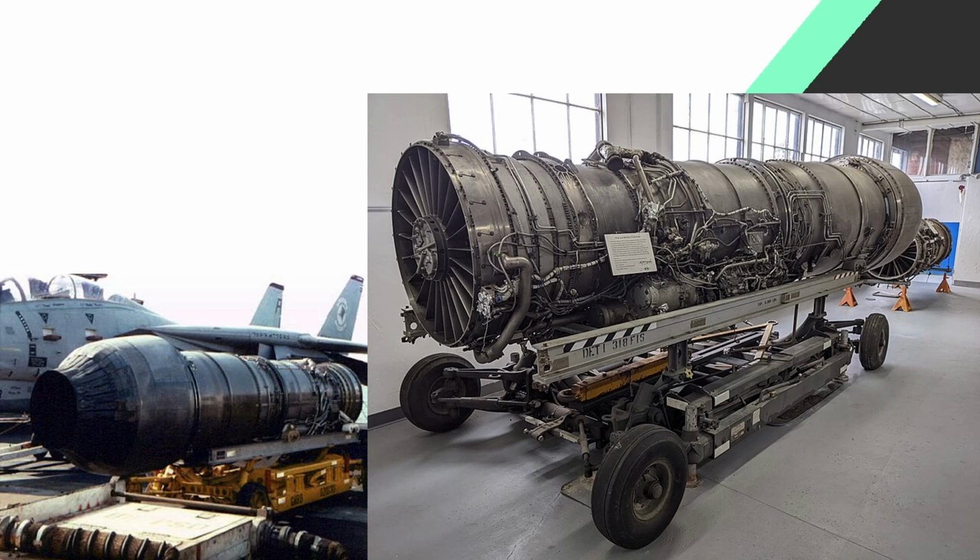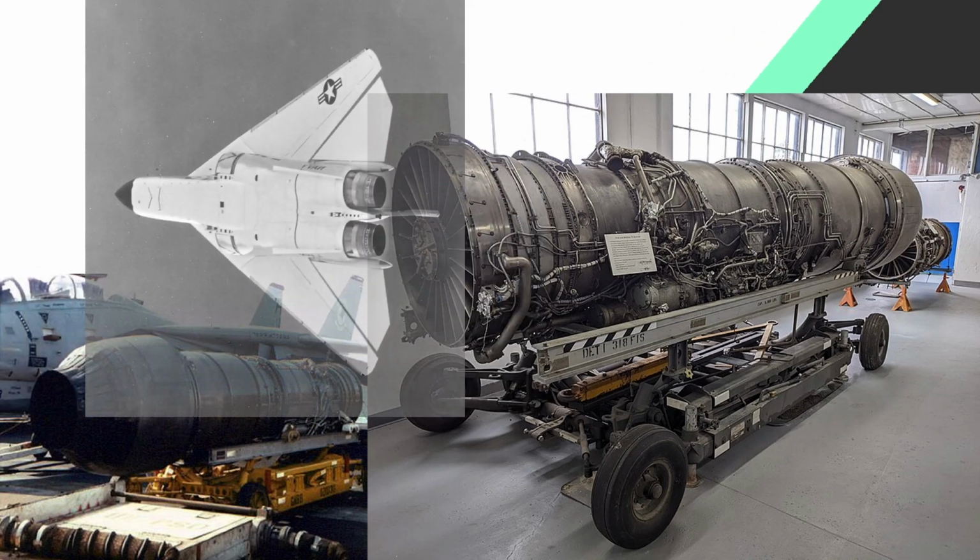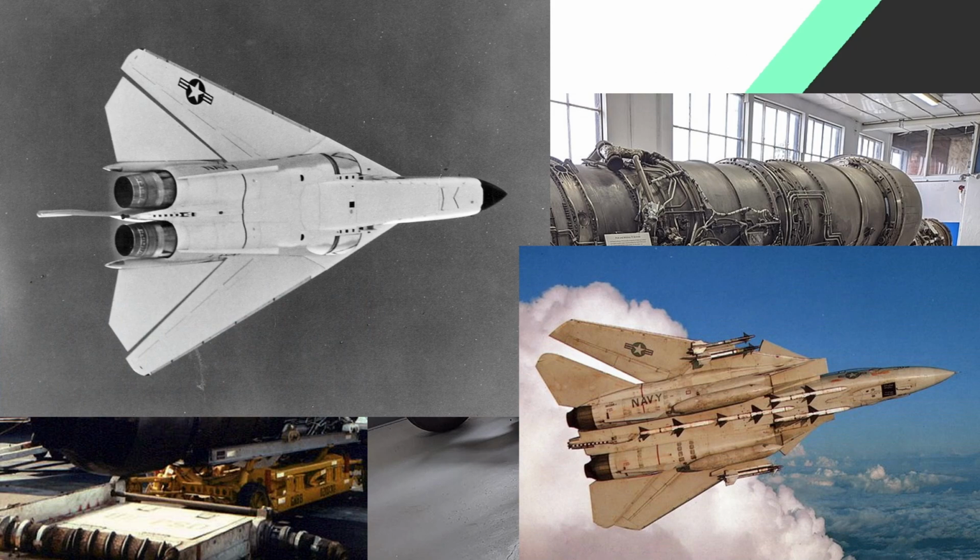But it gets worse again because the F-14's engines were spaced further apart than the F-111B's. As you can see there, the F-111B engines are pretty close together, F-14A at the bottom there, engines spaced pretty far apart. Meaning if one of the engines was to stall, and thus cause asymmetric thrust, there was a very real and deadly risk of the F-14A simply flat spinning out of control and dropping out of the sky